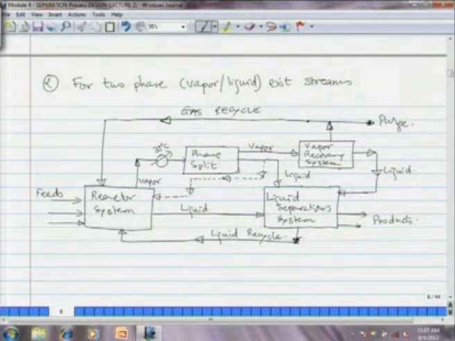You can see also here in dotted line a stream coming from the phase split liquid stream to the reactor. Now, if the liquid contains all unreacted reactants, then there is no reason for separating them, because in one of the previous lectures in the second module on synthesis of flow sheet, we have learnt a heuristic: never separate and mix the two streams. If the destination of different components is the same, those components can be sent in the same stream, and that is exactly what this dotted line is.